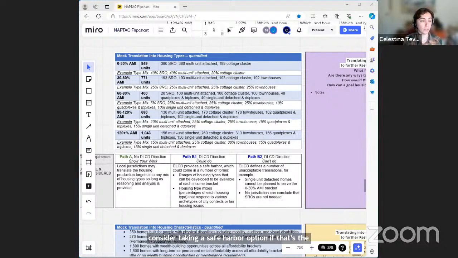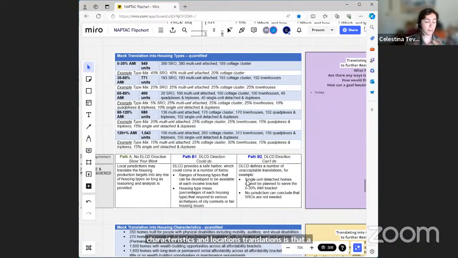So we're not going to dig into this much more today, but if there is any remaining confusion about that term and how it's being used, please do reach out to us, because we certainly want everyone to be on the same page and able to interact with the options that are on the table. So one of the options on the table for types, characteristics, and locations translations is that a safe harbor is